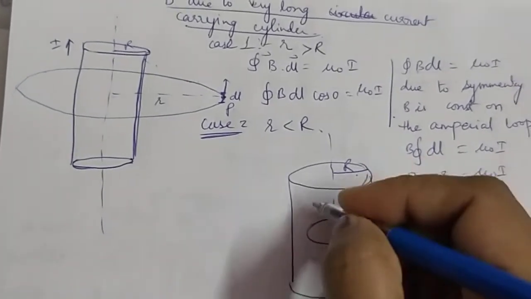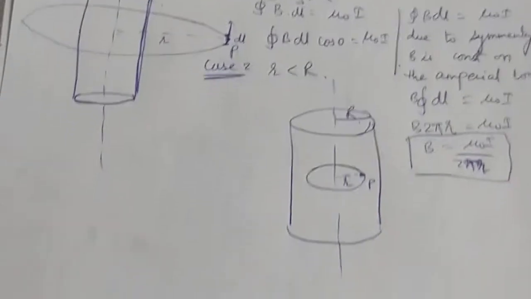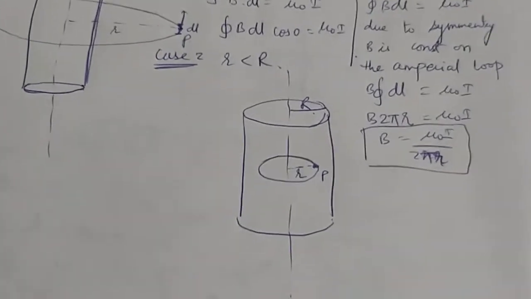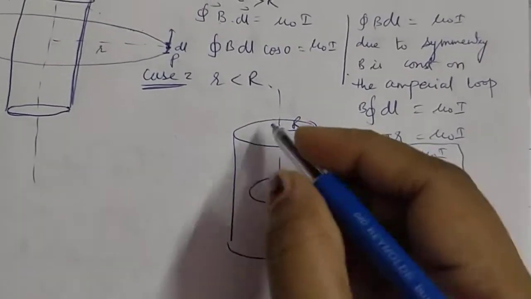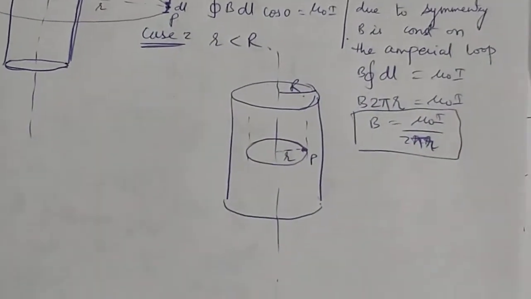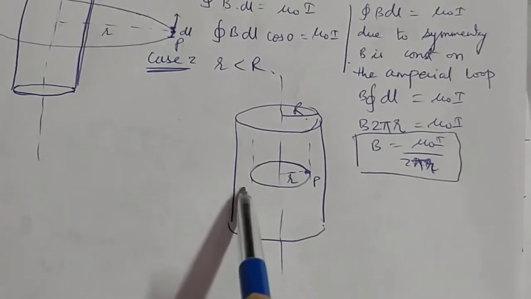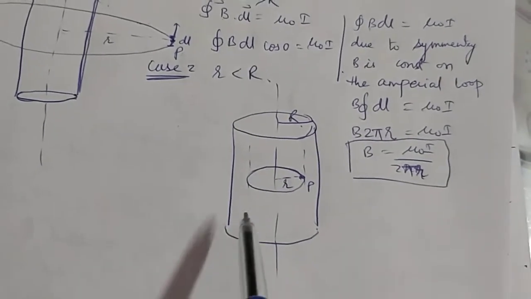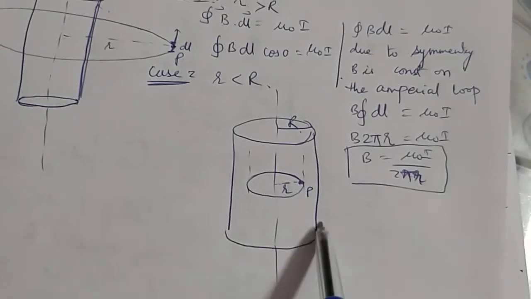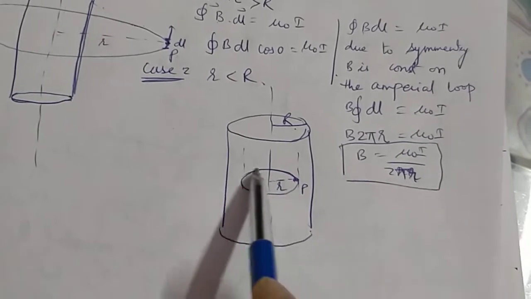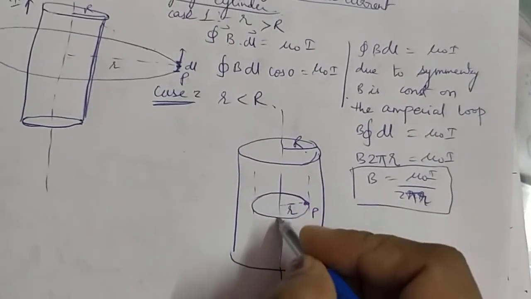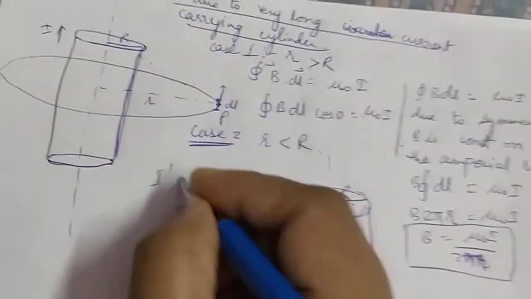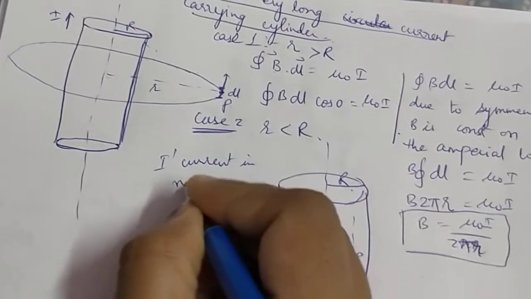Okay, inside the wire. Now see, inside the wire, if I take this Amperian loop, if I take this cross section, then if it is a solid cylinder, inside this cross section, current density. If you see, current density is current per unit cross sectional area. So current per unit cross section here and current per unit cross section here will be same because of current density, but the current here will be different from the current here. Why? Because the area is different. For this cross section, current will be different. So let the current in this cross section be I dash. Okay, current in this be I dash. I dash is current in the new cross section.